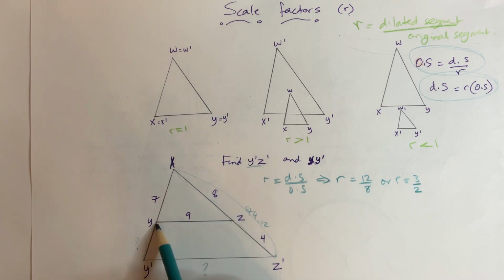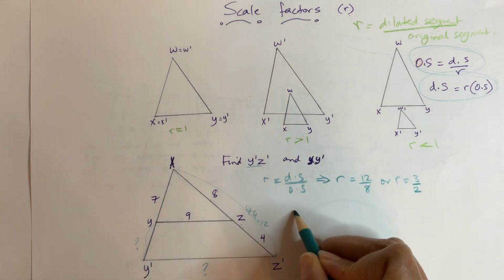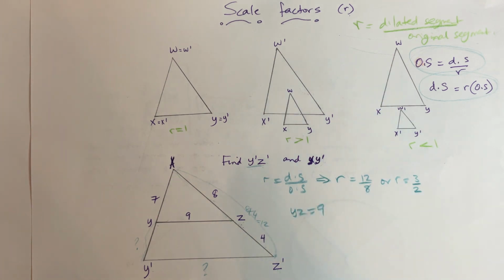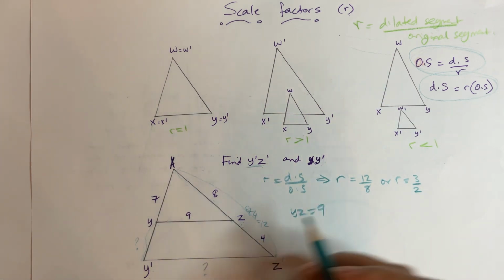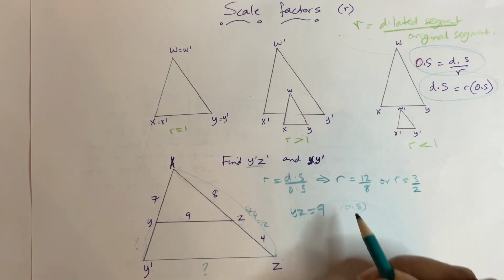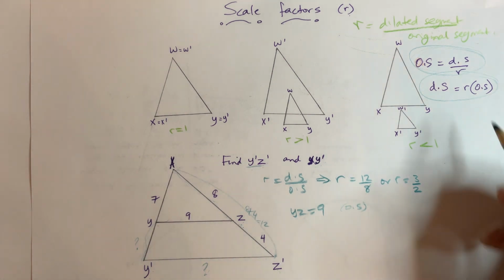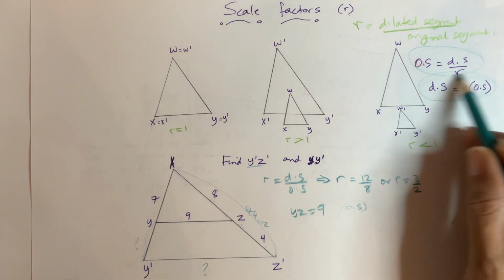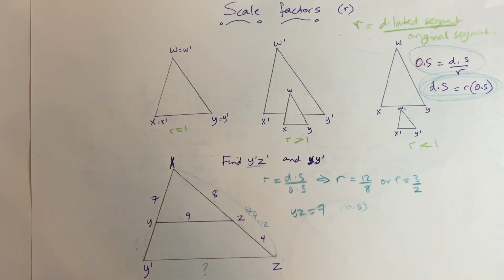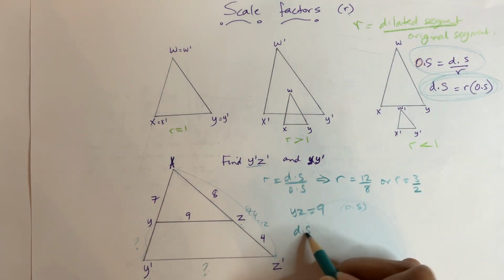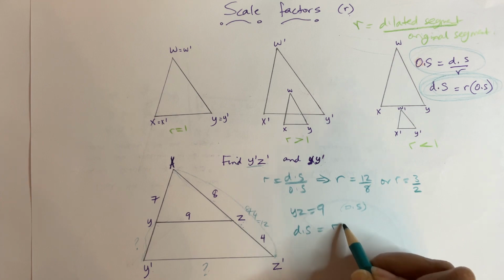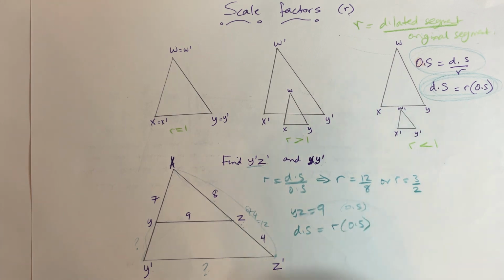So now we are given here YZ is equal to 9, right? And that is our original segment. So we can write OS beside it so we know. And then we want to find our dilated segment. So we can use this formula, and that's that one. We know our dilated segment is equal to a scale factor times our original segment. So a dilated segment, which will be Y prime Z prime here, would equal the scale factor of 3